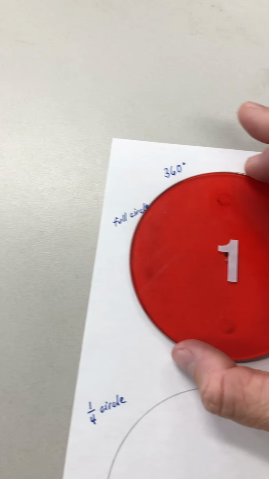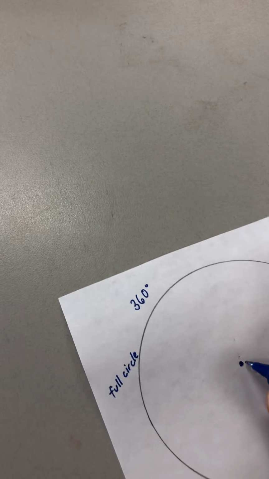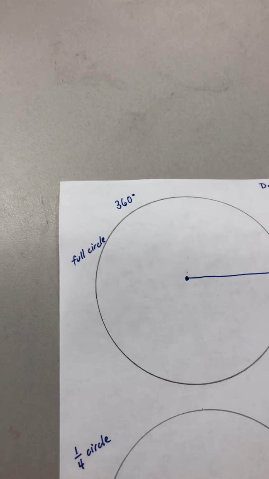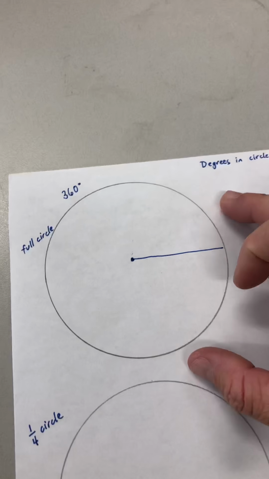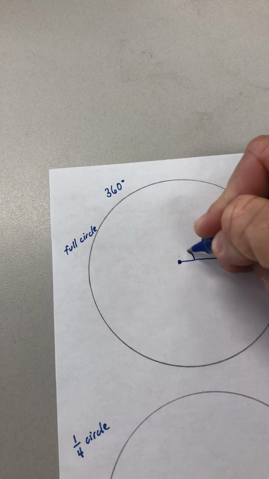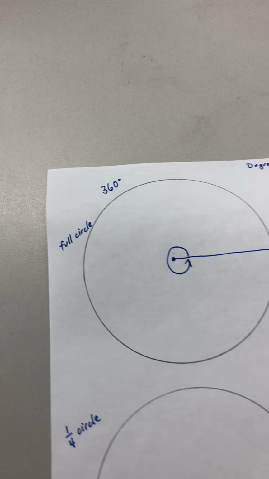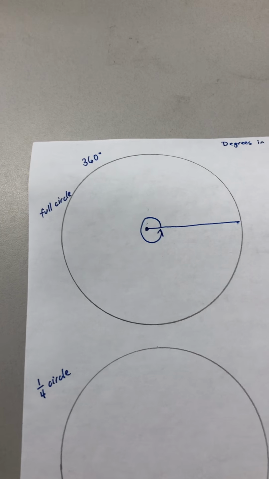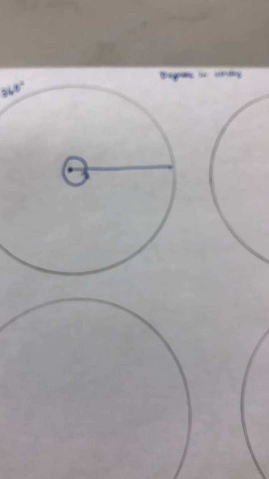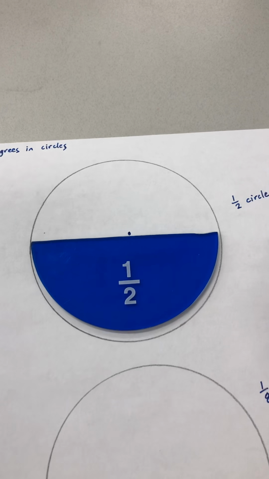Okay, I have one full circle. So if I have a full circle, we're talking about taking that angle, again, and opening it up all the way around, swinging that second line segment around 100% all the way around is going to give us 360 degrees. So let me say, well, what if we took part of that circle? This is where our fractions from our last chapter come in. Okay, so if I had half of my circle,